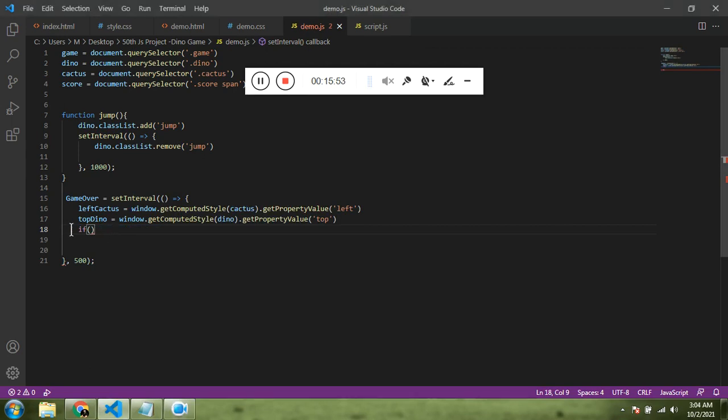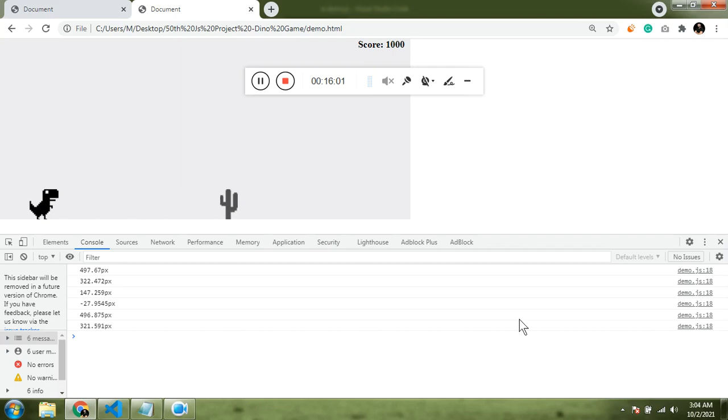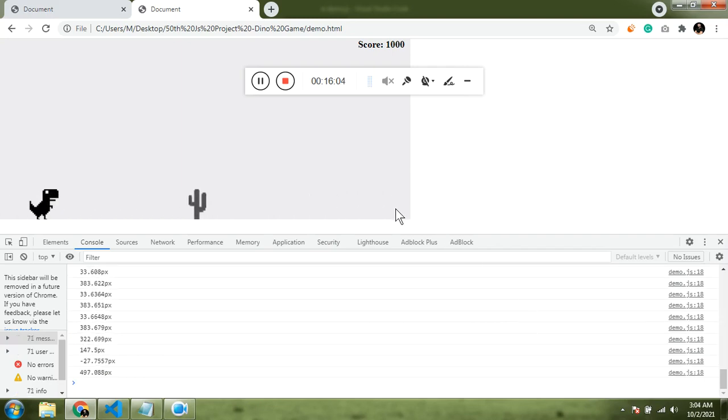Cool. Now if you see, let's focus on the cactus for now. So if the cactus position is starting from right 0 and we are calculating the left, so here it is going to be the left.